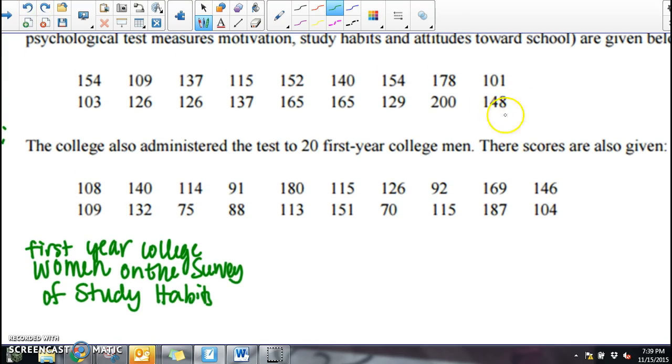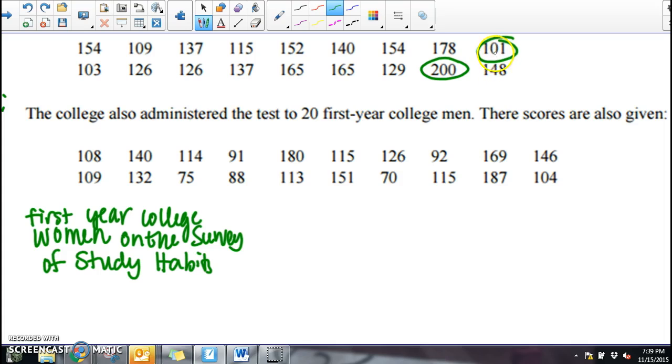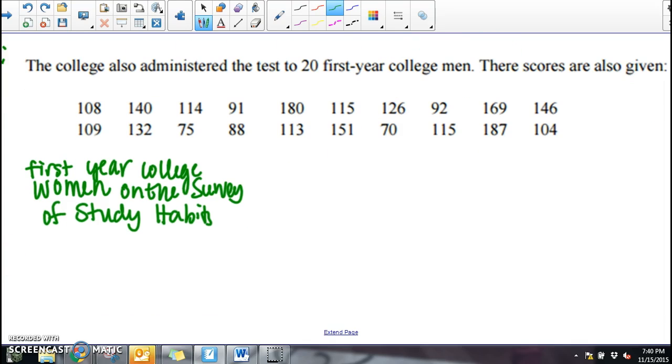And we have to figure out how we're going to do it, and there's not really any specific way you have to do it. You can do it however you like. You just want to be consistent, and your key has to work for every single question. So it looks like here we have to get from 101 as a low to, there's a 200. It might be the highest. So we have to get from basically 100 to 200. So what would probably be the easiest thing to do,